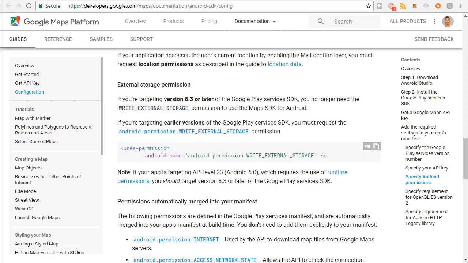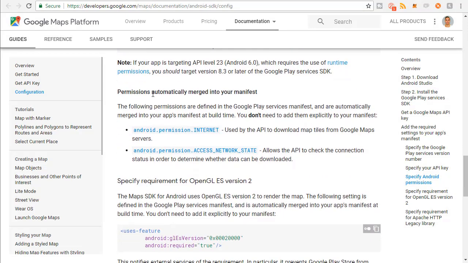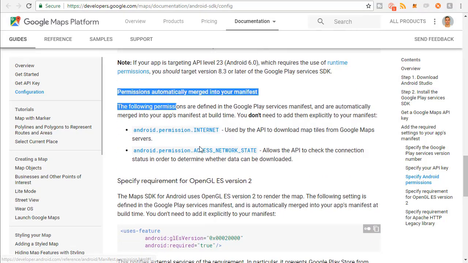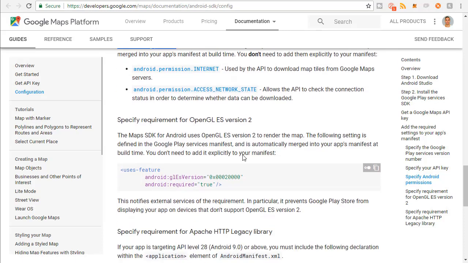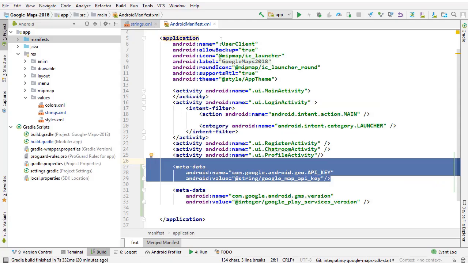So they've changed this recently. You can see you no longer need write external storage. You also don't even need internet permissions. The Google Maps SDK will automatically put internet permissions into your project. The only permission you actually still need, see, it's talking about that here. So don't need internet, don't need network access state. All you actually need is this OpenGL ES version 2, which is for rendering the map. So I'm going to click that. Let's add that to